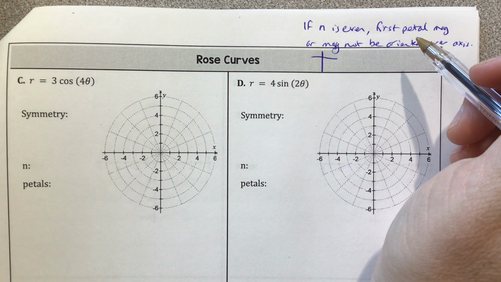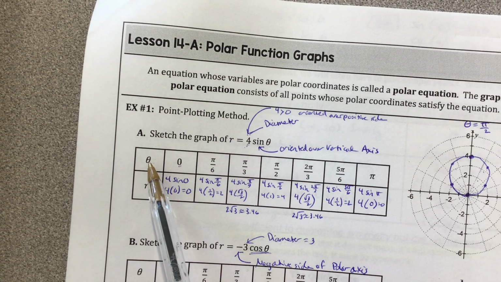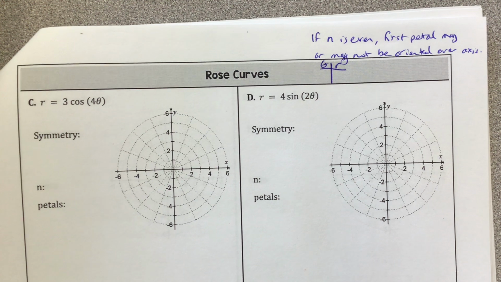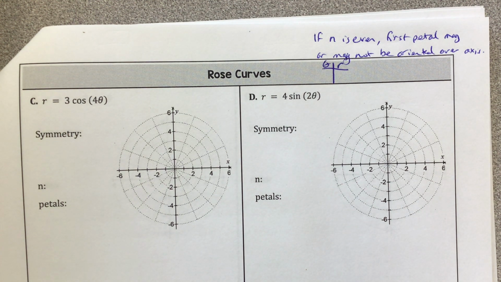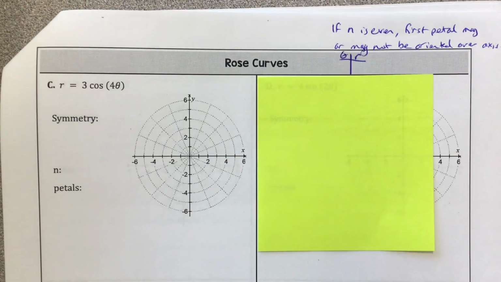When we do point plotting, like we did on the first page of this lesson in polar form, we input a theta value. The output is the r value. So we're going to input a theta value, output an r value. Why don't we practice some of these symmetry tests that we were talking about on the previous page? Because if I know that I have some symmetry, then I can use reflection to find some more points. Also, we need to practice these symmetry tests because this is certainly something that we could be tested on